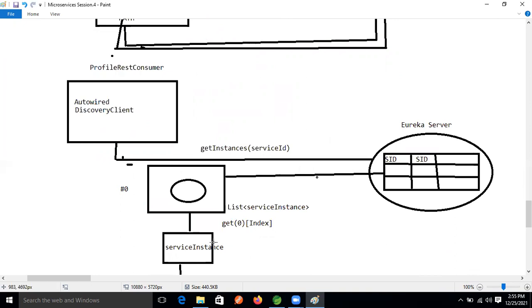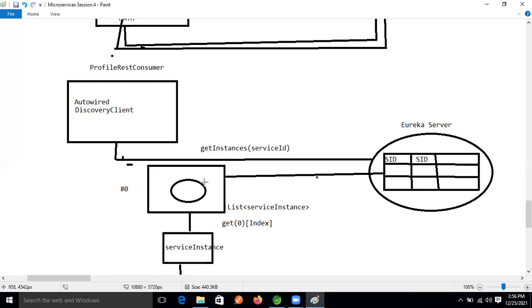Ravi, here the discovery client is mainly to get the service ID from the Eureka server. Discovery client first calls the Eureka server and gets the service ID. After that, with the help of REST template, we will get the response.